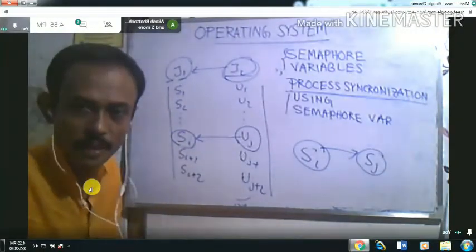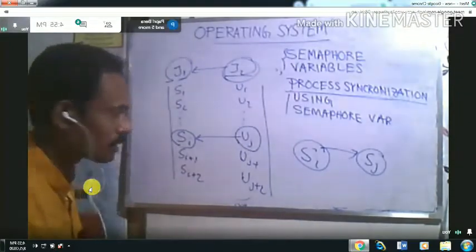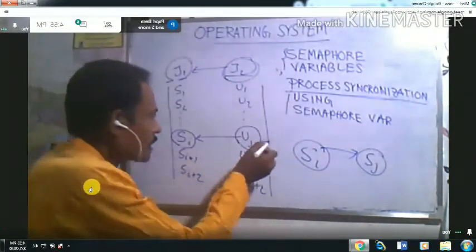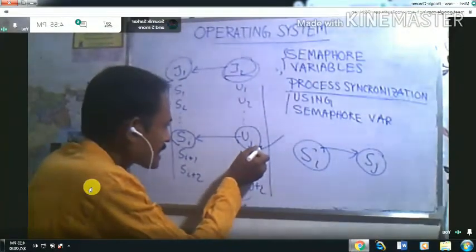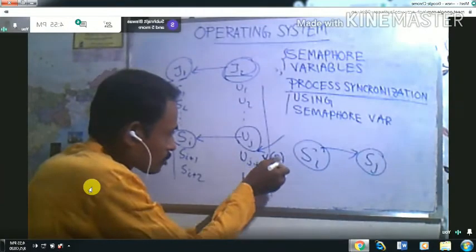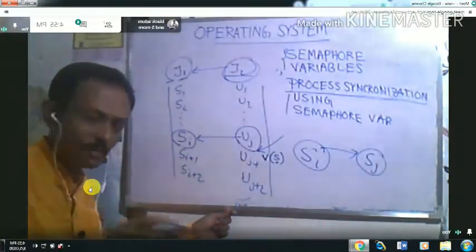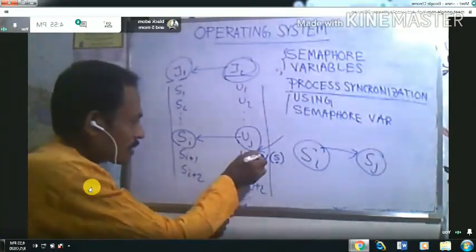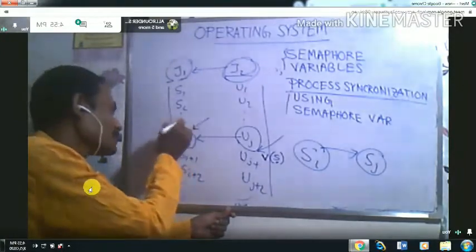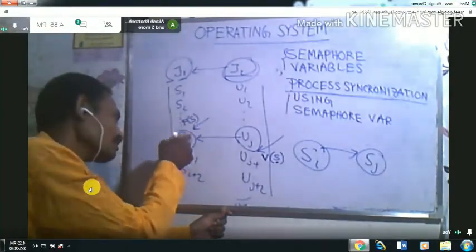So how can we implement this using semaphore? Let's see. We can do this if we insert a V operation here. Suppose S is the semaphore variable. You execute the V operation after the UJ statement, and you insert a P operation before the SI statement.